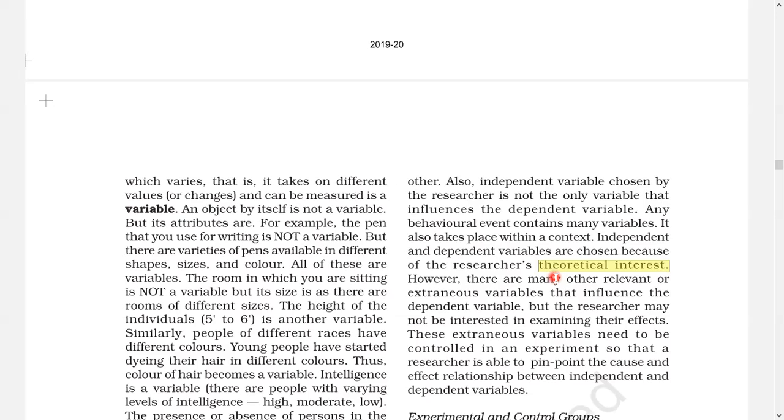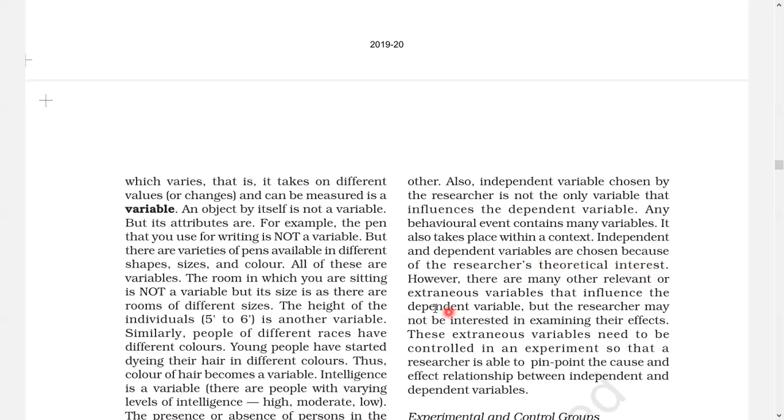Which result in the change in behavior, that is, the dependent variable, or you cannot manipulate every variable, right? So you take two important factors of your interest, and then see the cause, the variable which can be under control, and it is the cause and can give an effect to another variable, that is the dependent variable.